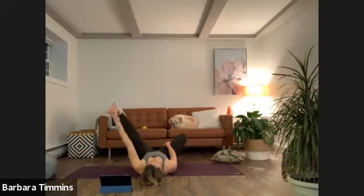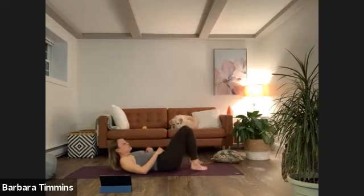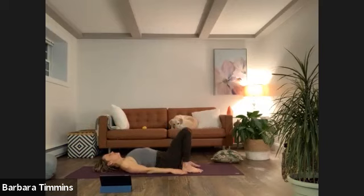Good. And then both legs back to center. We'll do 2 sets of bridge. So feet down, arms down, heavy through the feet, the heels, feet about hip distance. And inhale to lift your hips off the floor. Strong bum for 1,